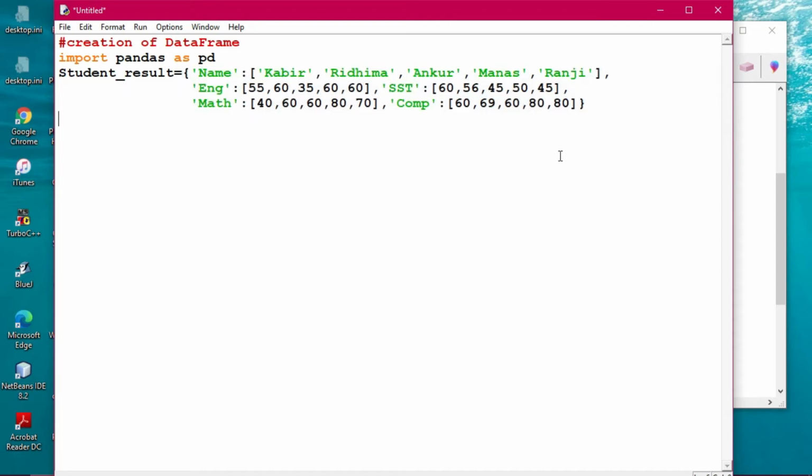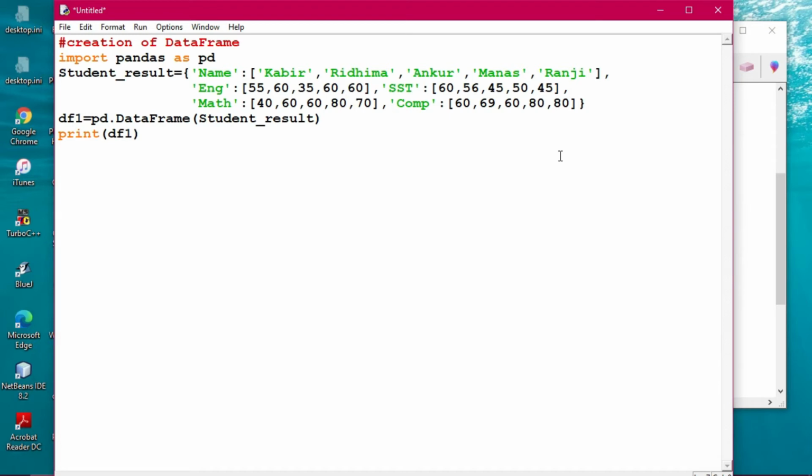Now what is the thing? I'm taking df, df1 or something like that, pd.DataFrame. Okay, DataFrame, what we have written. I am going step by step. The DataFrame, then what you have to give, student_result. This has been taken. Fine, student_result, it's created. Now what you will do, simply print df1.